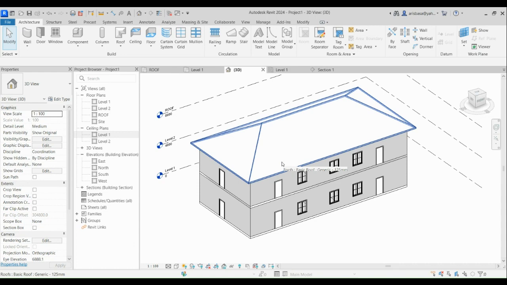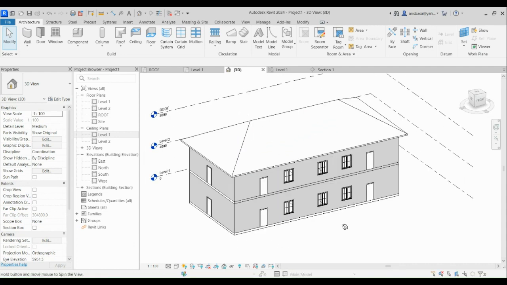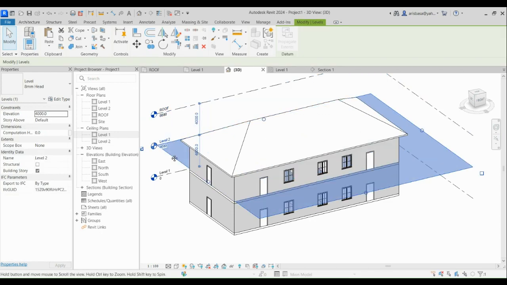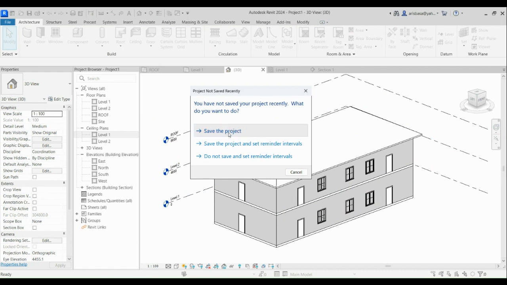Okay, gentlemen, let's continue. Just to recap, review what we did earlier. We did the basic components, right? Walls, doors, floors, windows, ceilings, and even roof. And you already know how to create a new level, right? So these are the level elements. In 3D view, you can also see the levels. But for example, you don't want to see the